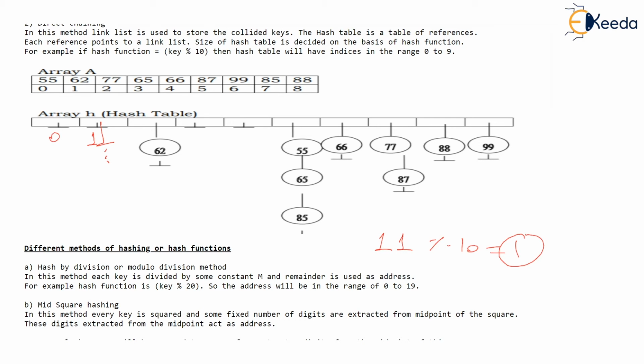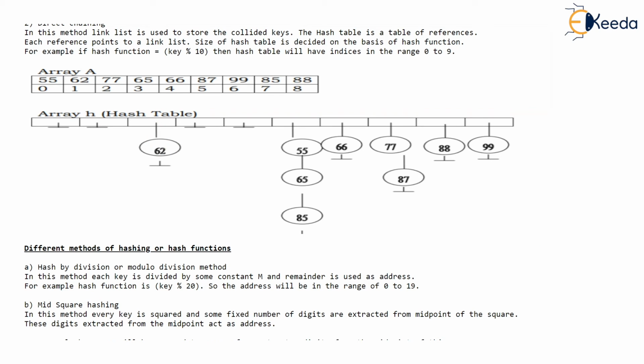Or suppose we were searching 12, then 12 % 10 is 2. So if 12 is present, it should be present at second location, this location, and we will search this linked list, and we will not get 12 after first comparison with 62, and then we'll get null, and that will announce that 12 is absent, isn't it? So how many comparisons we did for searching 12? Two comparisons, first with 62 and second with null. When we got null value, only then we were able to announce that 12 is absent. So that's the difference between linear probing and direct chaining.